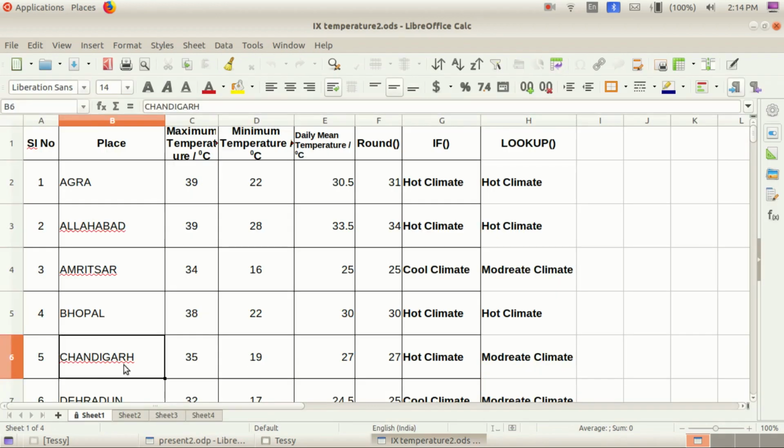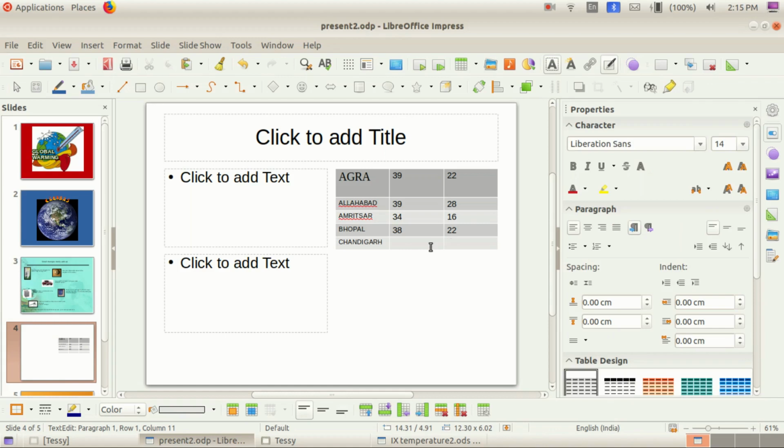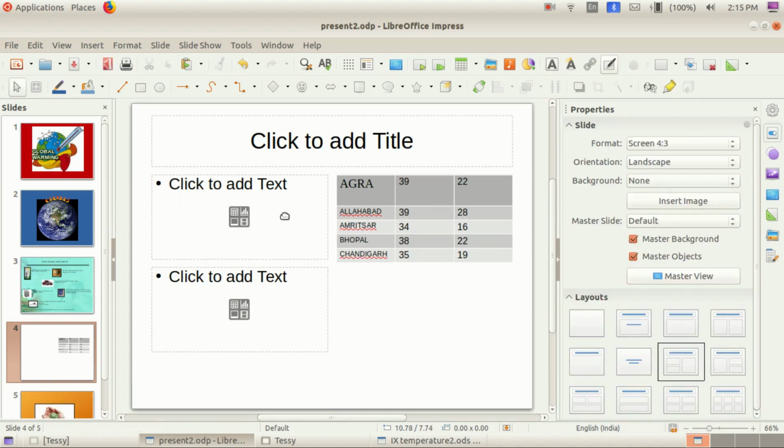What is the temperature of that place, children? 35, 90. 35. So we click in the cell, 35 and the minimum is 90. Look here, children. You prepare the table of that one.